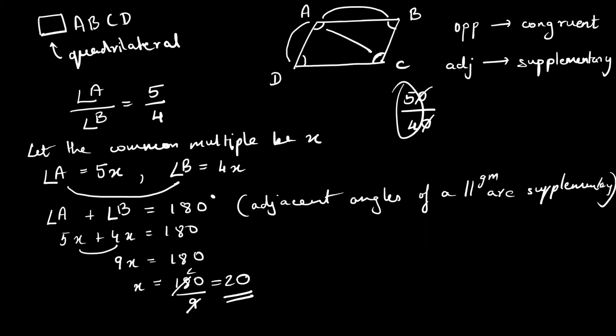ढूंढना क्या है, चेक करो. Sir, we have to find the measure of angle B. ओके. तो एंगल बी क्या आएगा? एंगल बी का वैल्यू क्या हम लोग ने लिया है? 4x. तो एक्स का वैल्यू पता है ना? Yes, sir. X is equal to 20. So what to write? Angle B is equal to 4 into... Sir, we have to multiply 4 and 20. हाँ, तो आंसर क्या आएगा? 80. 80 डिग्री.